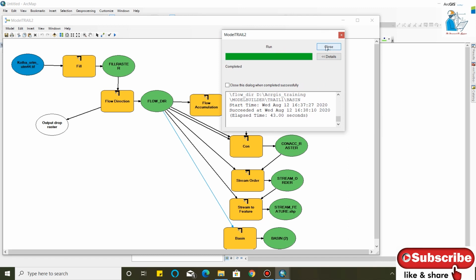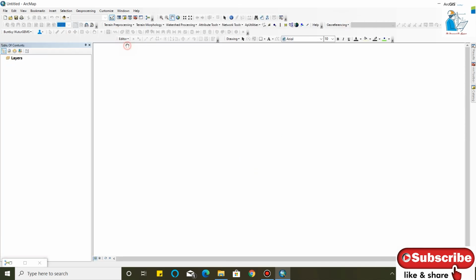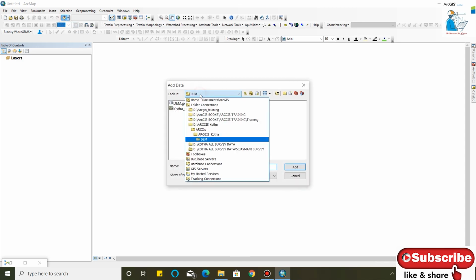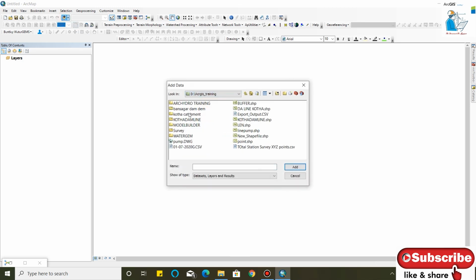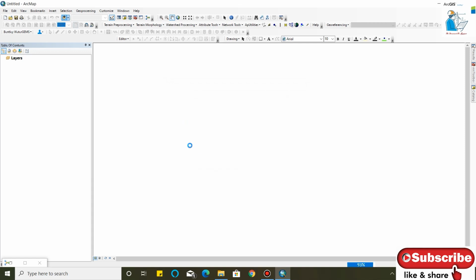Now close this menu and minimize this model builder and import all your output files. This is my model builder trial one. These are all the files generated from the model builder.